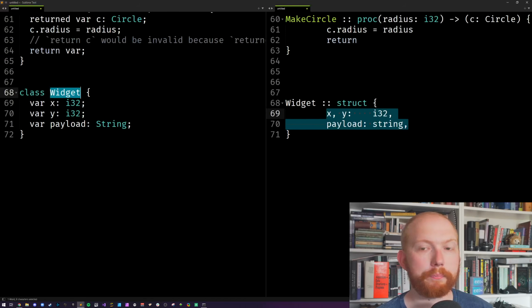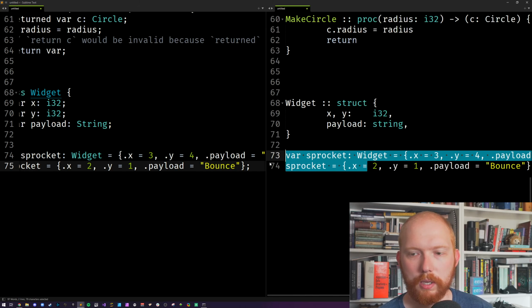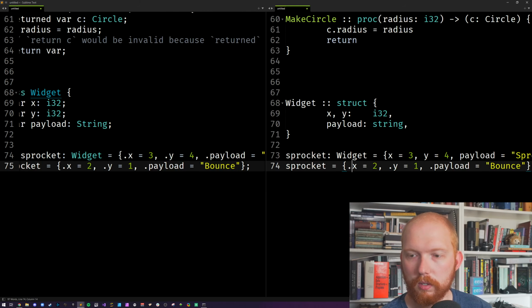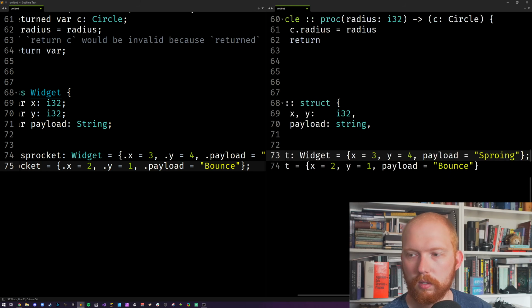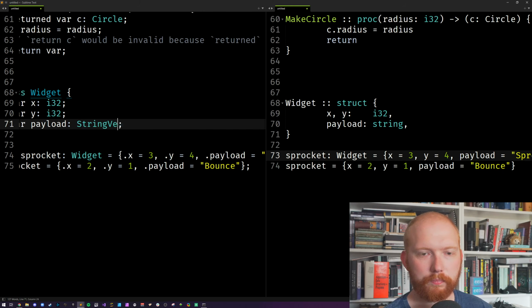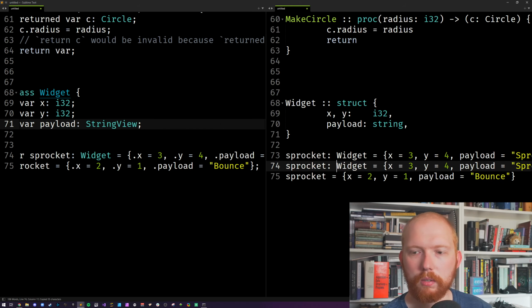For Odin, this code is going to be, I'm just going to copy and paste it to make it simpler. You can do this if you wanted, but what I'm going to do here is get rid of this here, and I'm going to make this the same. You can either do this line, or you can just explicitly type it and then do inference on there. So you've got the same things here.